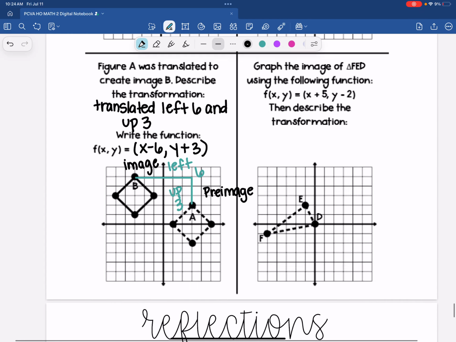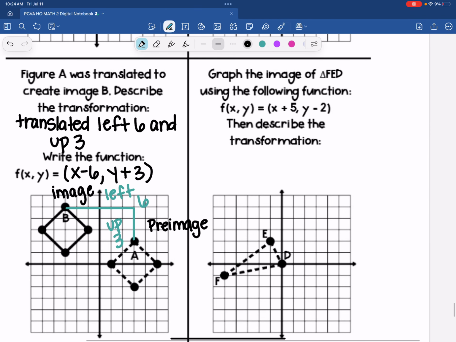Okay. Now, we may be asked to go backwards sometimes, so just make sure that if you're going backwards, like if they give you the image and they say what was the original pre-image, you are reading it carefully to know what direction. Am I starting with the original and going to the new one, or do I have the new image and I'm going backwards to the original? So it says graph the image, so the image is the new one, of EFD, so this will be the pre-image